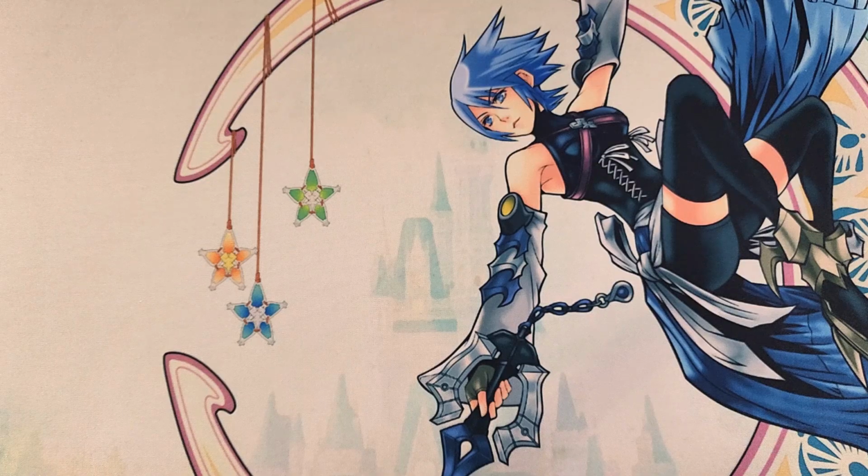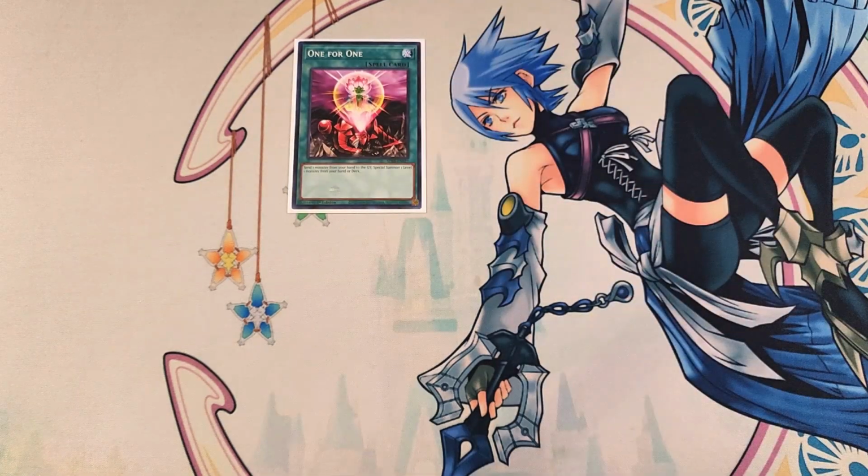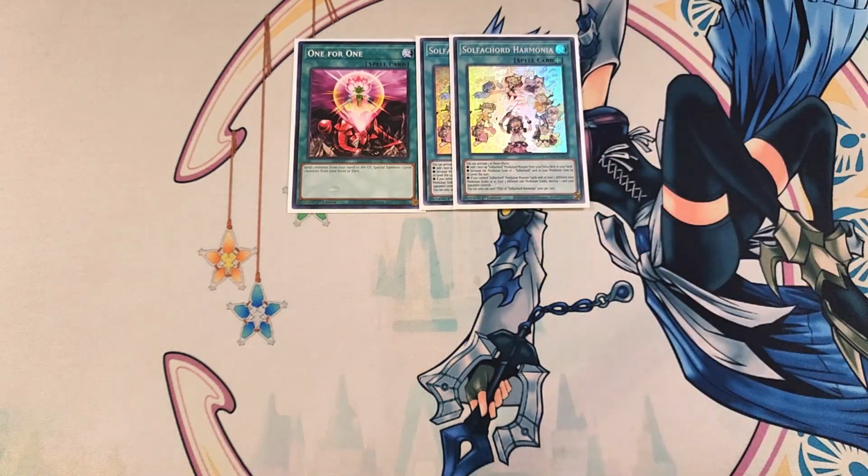So for the spells, we're going to start with a single copy of 1 for 1. 1 for 1 is really good because it can actually get our copy of Yugioh on our side of the field extremely easily. We then play 2 copies of the Field Spell. This card is really good in the deck as a 2 of, and it's super helpful because it has some